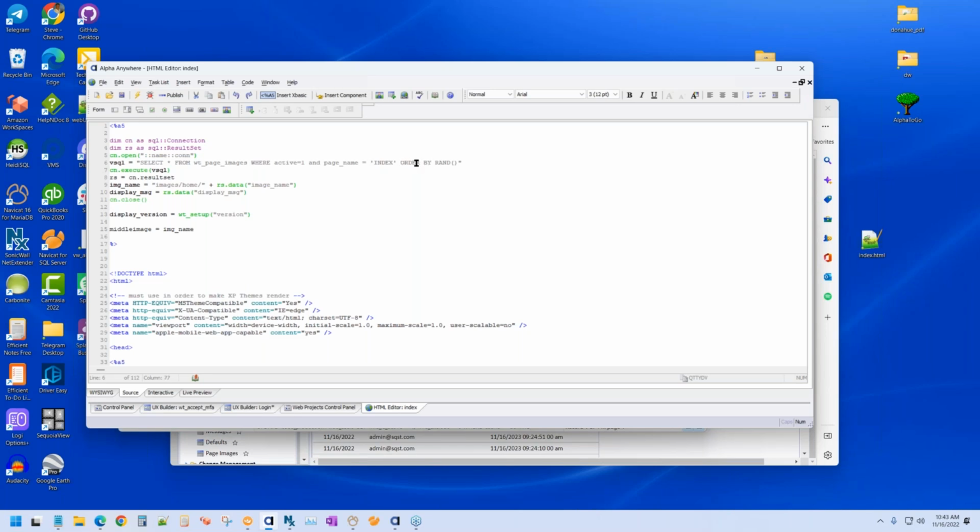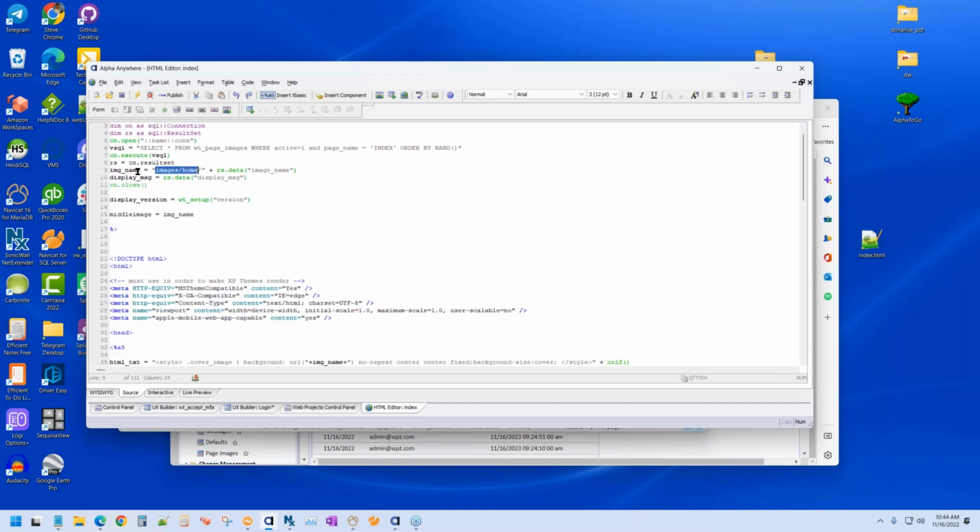Then here's the magic: order by rand(), which is MySQL or MariaDB language. It would be different for SQL Server. It means give them in a random order, and then execute that. Image name equals the image name from the table, which is going to be a JPEG or something like that. And this is the path, images/home for the home page. So somewhere down here,